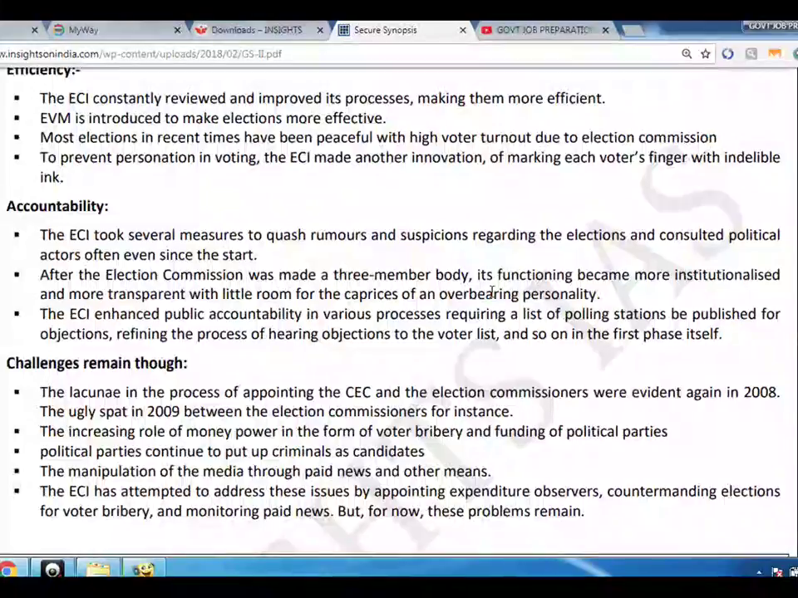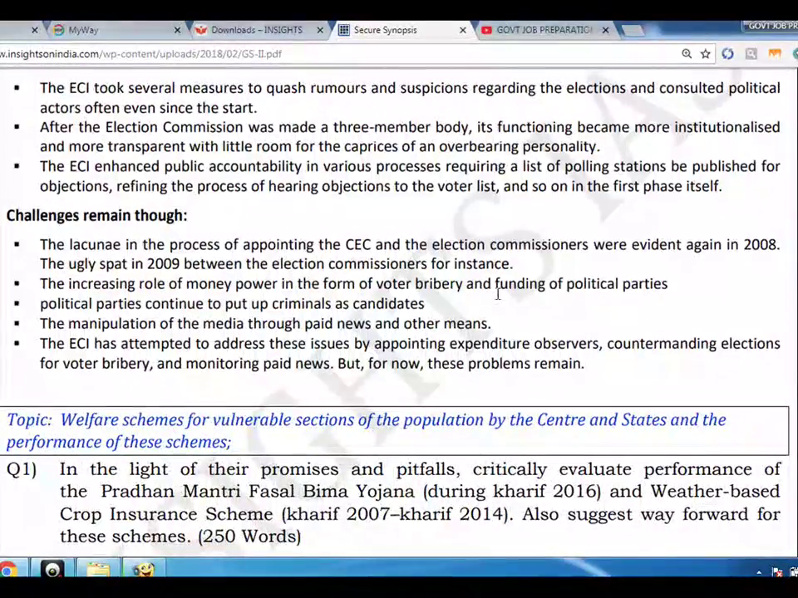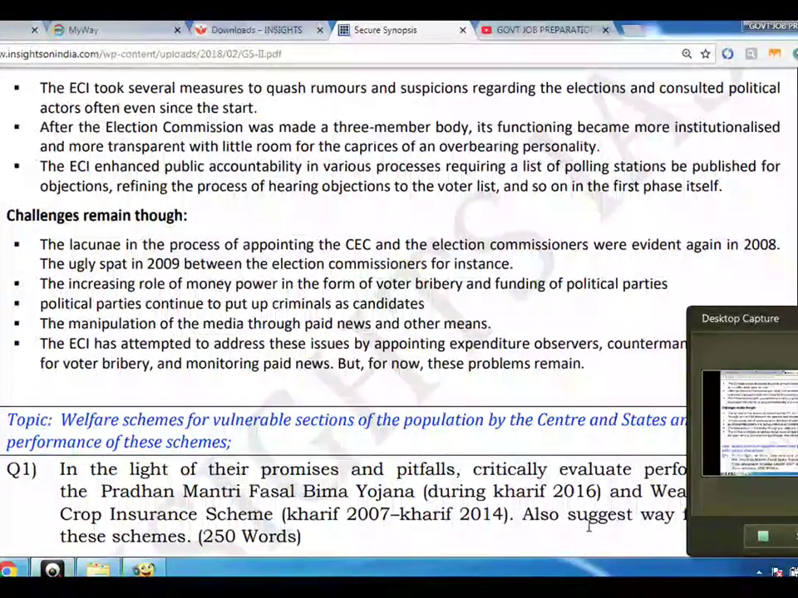Challenges remain though. The lacunae in the process of appointing the CEC and the election commissioners were evident again in 2008, and in the ugly spat in 2009 between the election commissioners, for instance. The increasing role of money power in the form of voter bribery and funding of political parties. Political parties continue to put up criminals as candidates, and there is manipulation of the media through paid news and other means. The ECI has attempted to address these issues by appointing expenditure observers, counter